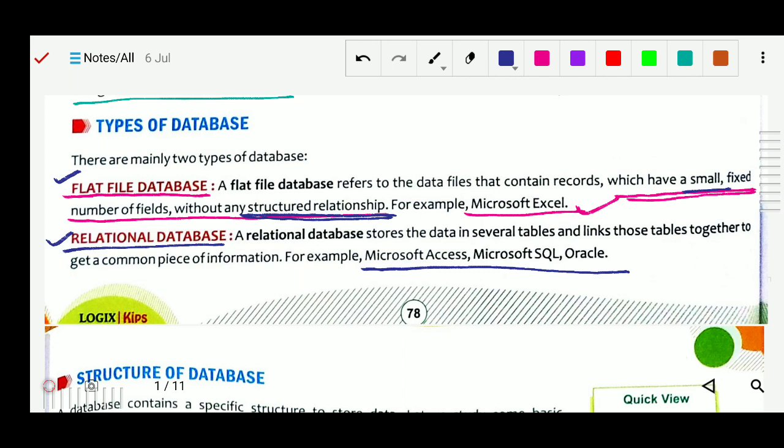We can maintain many more records in the relational database. Examples are Microsoft SQL Server and Oracle. So these are the two types of database: flat file database and relational database.